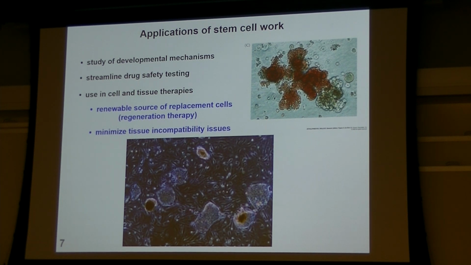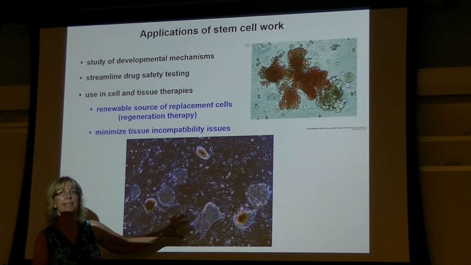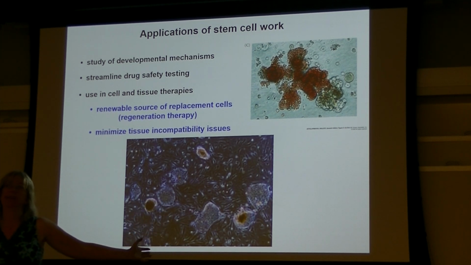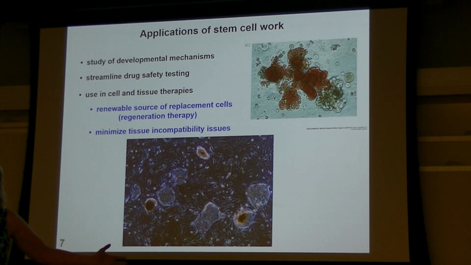That's part and parcel of understanding how development happens. If you can take what's initially a generic cell in a dish and then figure out what specific gene products, factors, or conditions will stimulate it to go down a particular fate, say cardiac cell fate versus neuron, then that's a good way to learn about how these cells normally